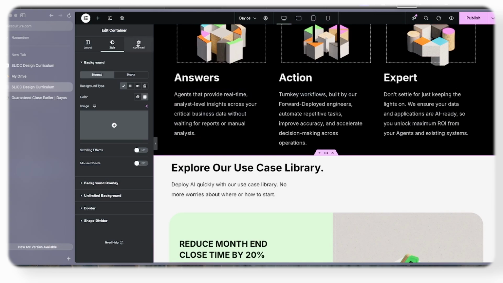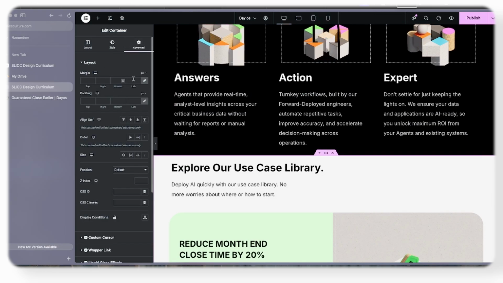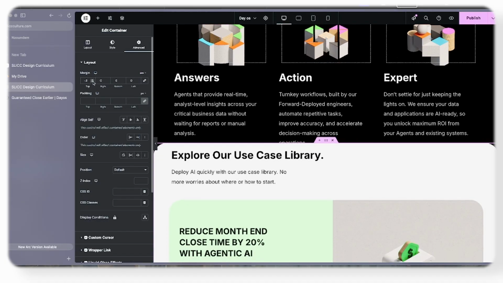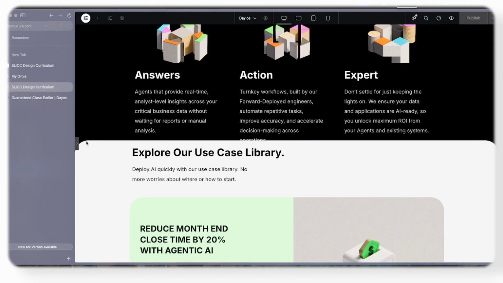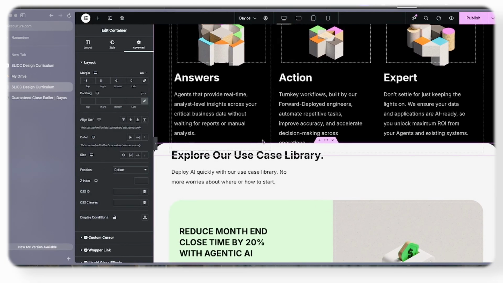So to fix that, you go to advanced, and then on the margin, we're going to make it a minimum margin of -3 EM at the top for us to be able to see it. Now that's it. Now because we've pushed this section up,